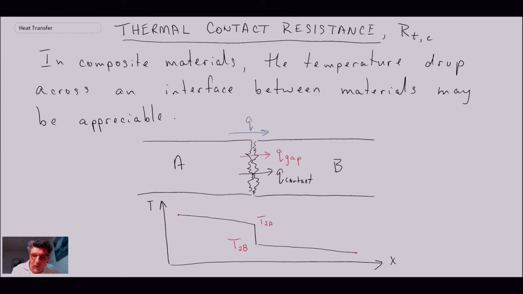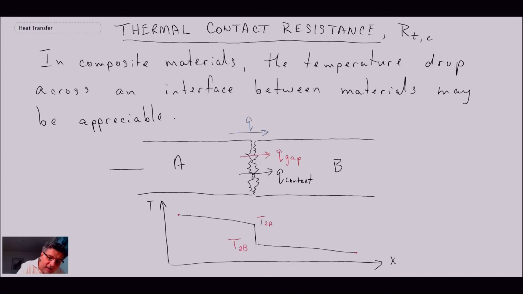And the way that we quantify that gap is we use a thing called the thermal contact resistance, and the contact resistance itself is related to the pressure between the two materials. So if we were to exert pressure on the interface between the two materials, so we were to push them together, that would have an impact on the amount of conduction. And if we also vary the gas pressure, so the pressure of the gas,